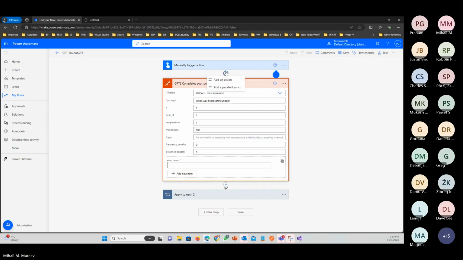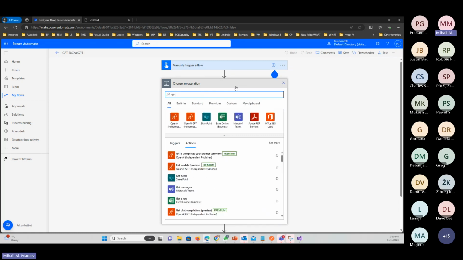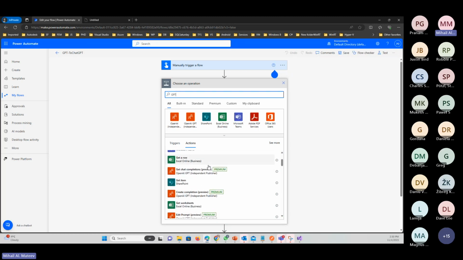There are several available for Power Platform. Just I will try to show you how you can find it. Most of these components are in preview and they're from independent publishers. That means they are not internally from Microsoft. This one, Complete Your Prompt, is for actually generation of text, and there is another one for